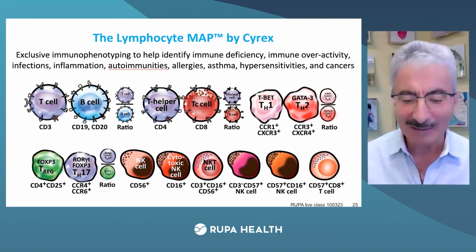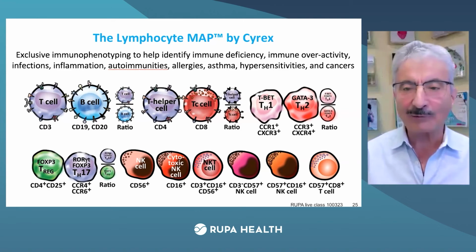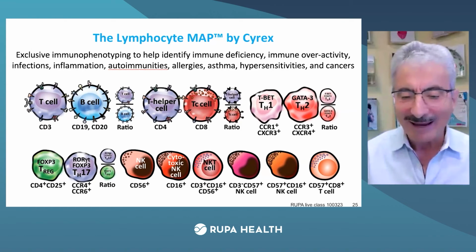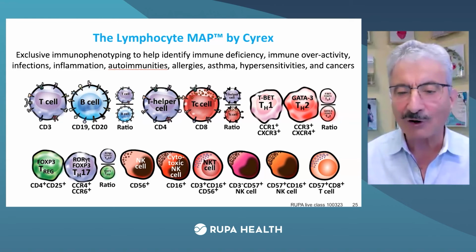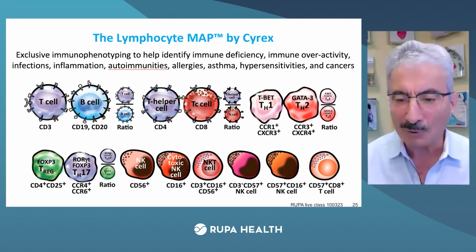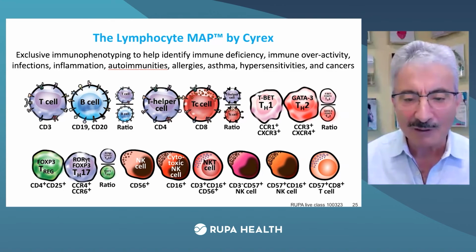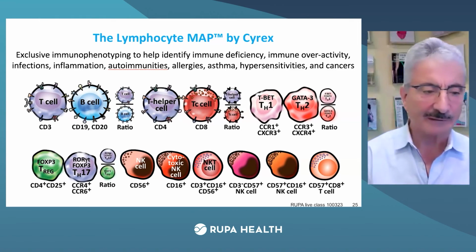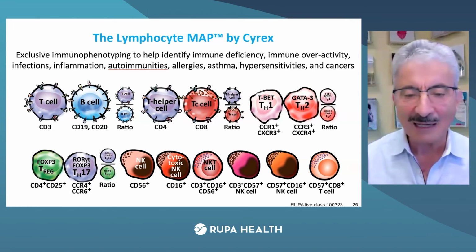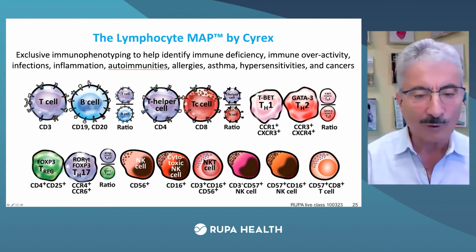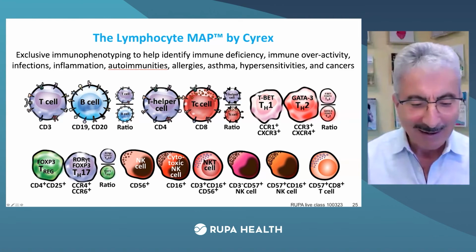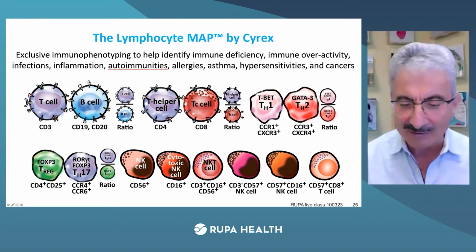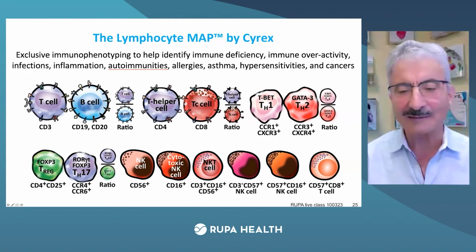neoantigens. Ladies and gentlemen, after elaborating about the importance of NK subpopulation, let's review together the importance of comprehensive lymphocyte immunophenotyping offered by Cyrix Laboratories. I'm sure you know that many laboratories that do lymphocyte immunophenotyping look at T cells, B cells, CD4 cells, CD8 cells, and they look at CD56, CD16, and some of them may look at NK cells. But